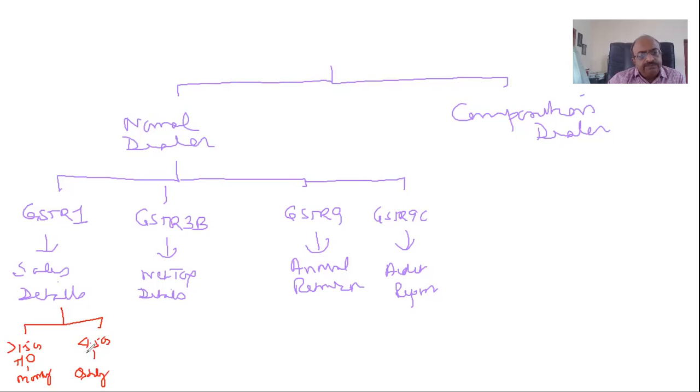Choice is there. Here there is no choice. It is monthly. For the monthly one, the last date is 11th. And for this quarterly one, it is 31st of